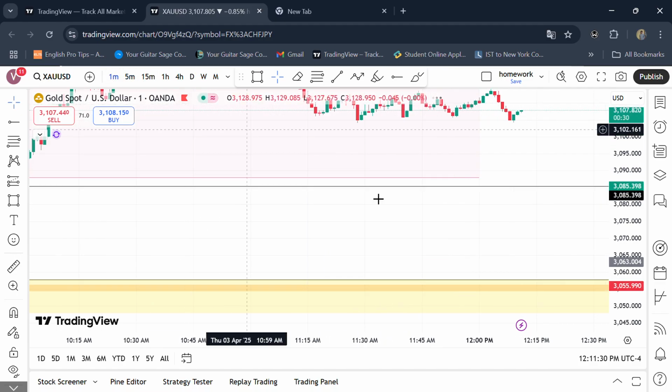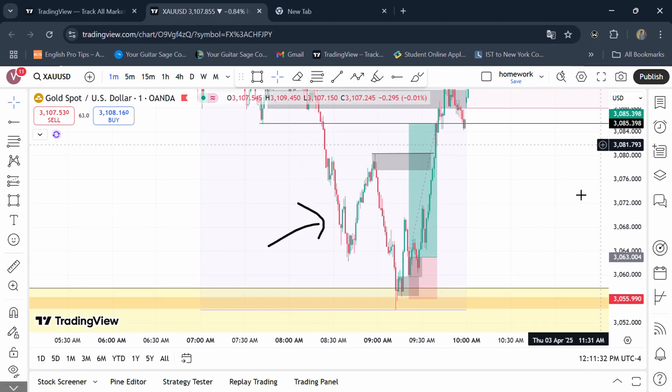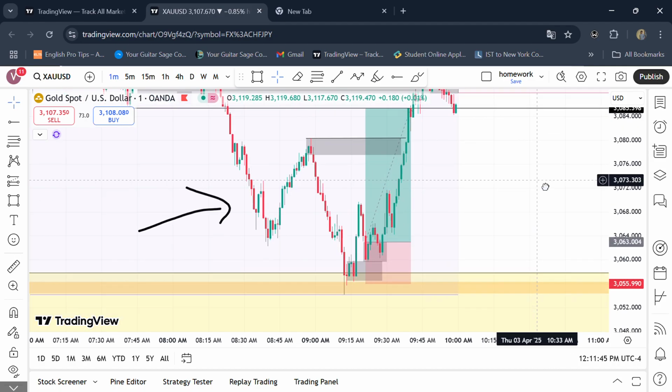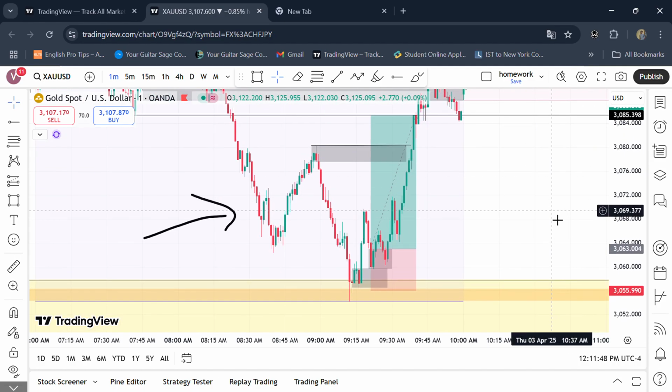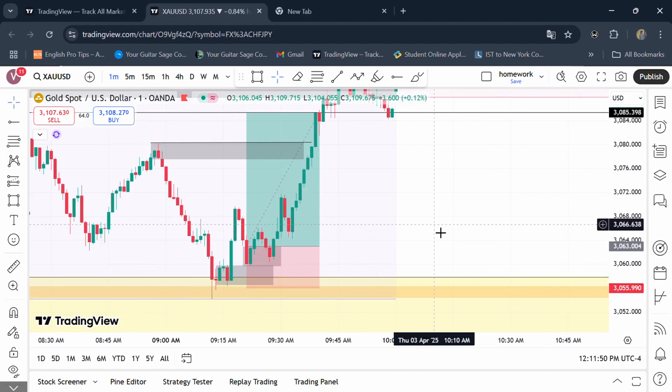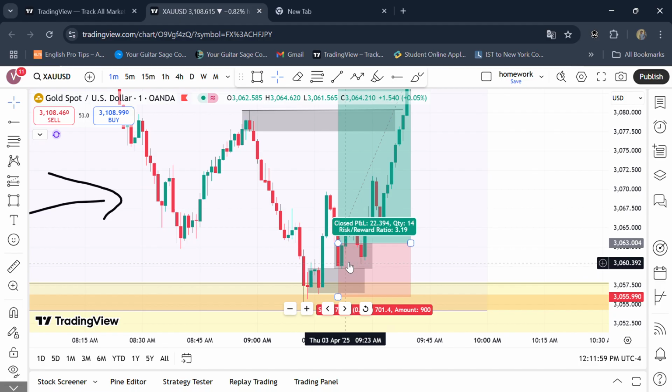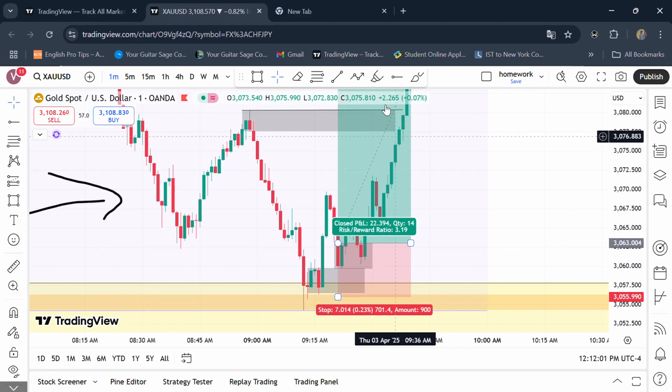Now I'll also tell you how to manage such trades. Suppose you are doing something like what I am doing, where I'm trying to retain my profits and minimize my losses, there are strict rules that I need to follow in order to pass that funded account funding challenge. So what you can do is you go on 1 minute time frame, and while your trade is working, now you saw that, wait,